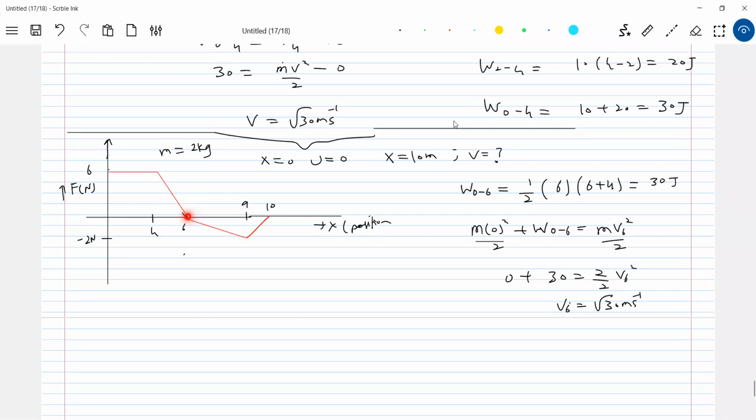After this, how will the force act? Force will be negative, no? It will act opposite to the velocity. Therefore, the speed of the particle decreases. Then again, the negative force, its magnitude decreases here. So in this region, it undergoes retardation. The speed must decrease, and speed decreasing means the work done by the force should be negative. So if there is a curve in the fourth quadrant, the work done should definitely be negative here. So work done in the fourth quadrant, we'll check it. Now from 6 to 10, we'll find out.